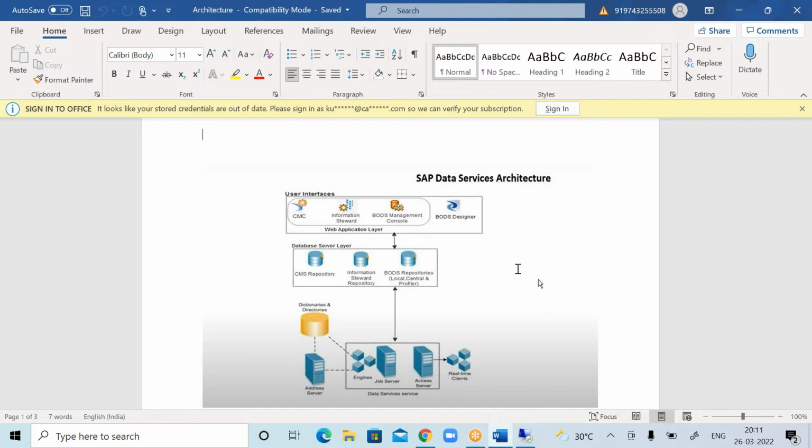After some more time, SAP purchased BO and they renamed it BODS, integrating those two tools into one environment. So then it comes under SAP BODS. BODS is Business Objects Data Services, in the sense that it can deal with different types of source data. It can be used for extracting the data from different sources, transforming the data in BODS, and loading the data